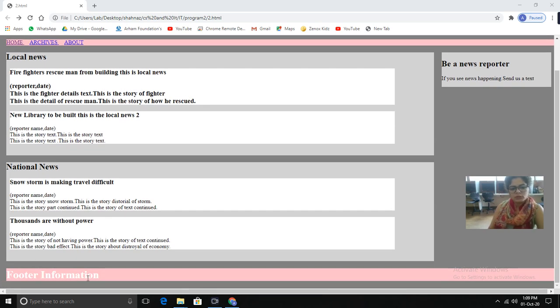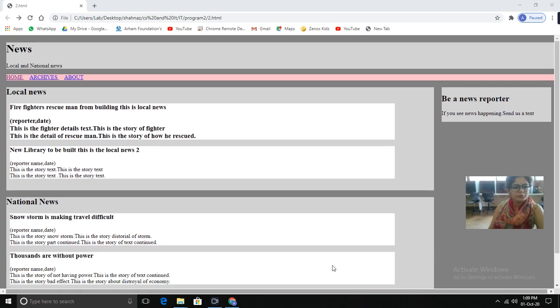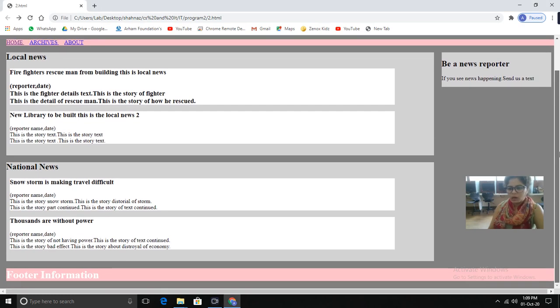This is the footer, and I have given the heading as footer information, so it is displaying as footer information. This is the aside tag, and this is the heading that we have already given, and this is the normal text which we have given inside the paragraph tag. So this is the output.